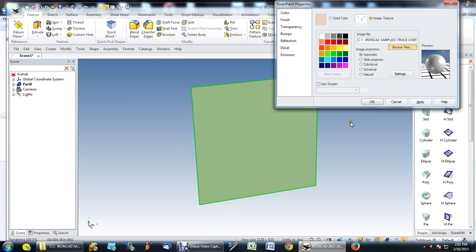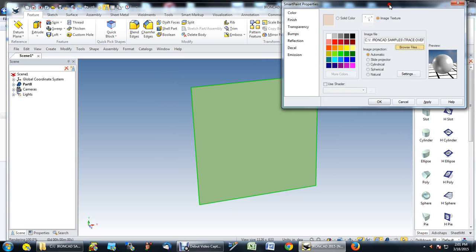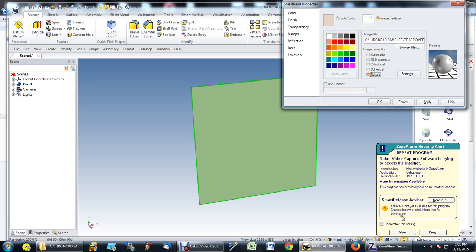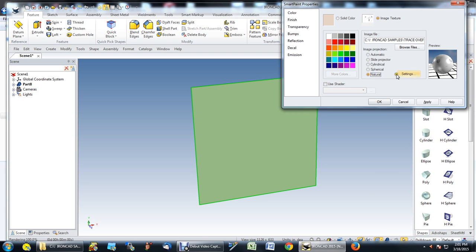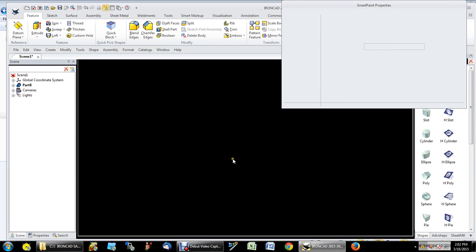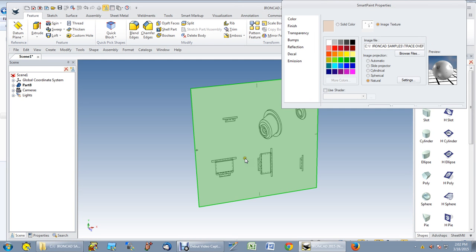So now you're going to need to play a little bit, so you want to move that dialog box out of the way. And what I find is the setting for image projection that seems to work the best is the natural. So let's pick natural, and then let's apply it. Okay, so now we can see that the image has been mapped to the surface of that slab. But I want to work on this image in the bottom left corner. I want to take that profile